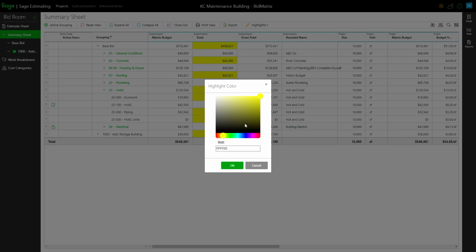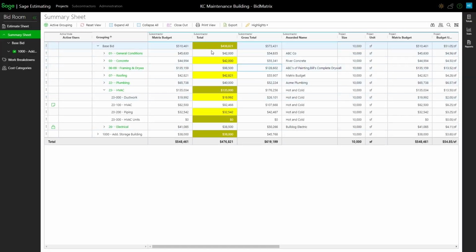So if I say that I want this to be a different shade of yellow or something like that, I can go off and change it. That way I can see a separation between which line items in my spreadsheet are phases that don't have any dollars, versus lines that I've got no bids on, versus my self-perform budgets. So I can set up colors to tell the difference, so they don't all look like the same highlighter color that I've had in the past.